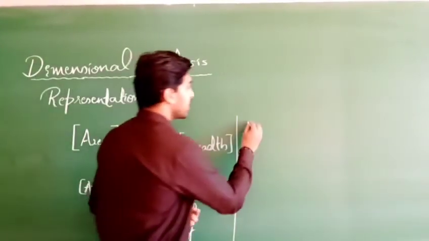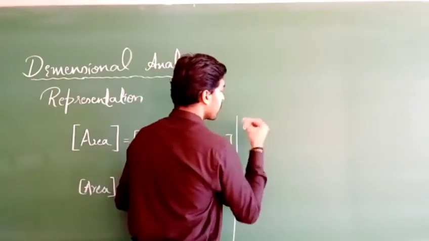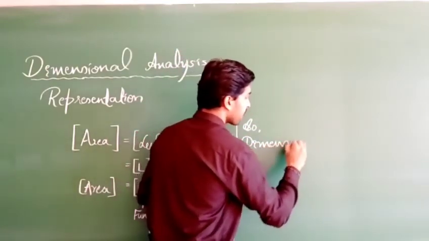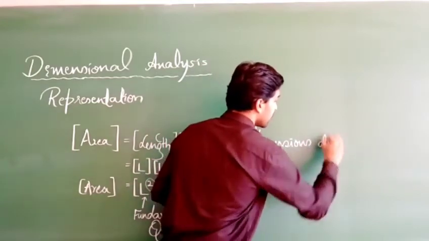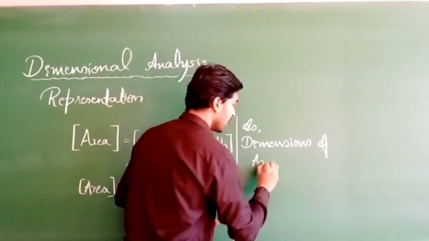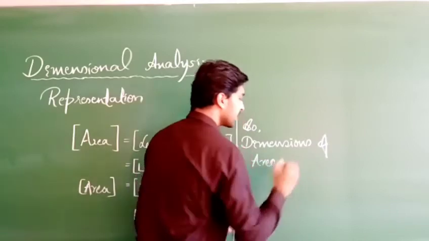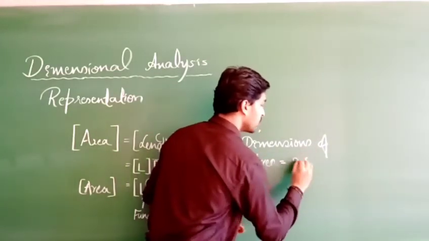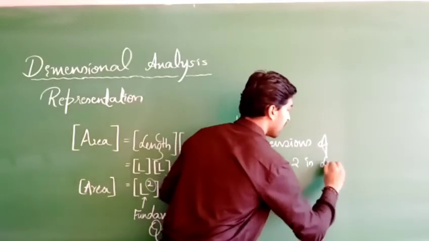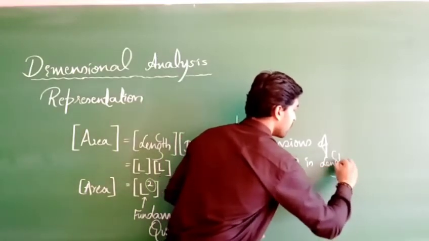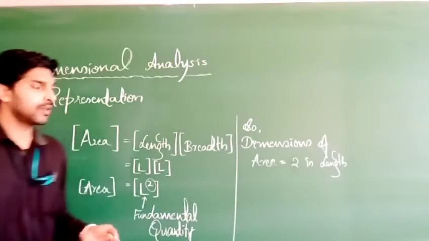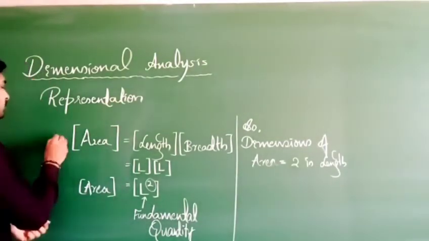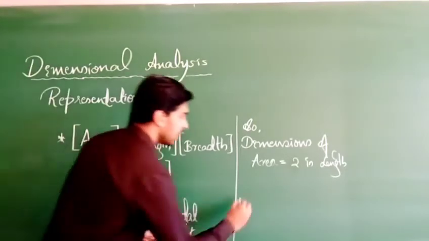So therefore, dimensions of area, it is nothing but 2 in length. Are you all following? So let us take one more example. If we are having volume,